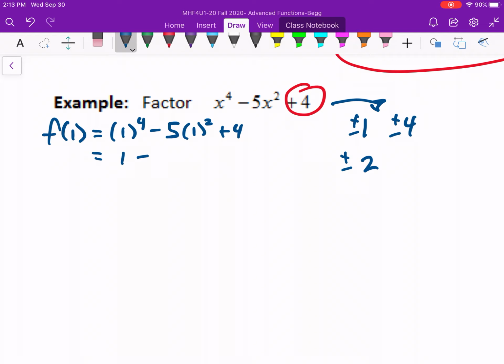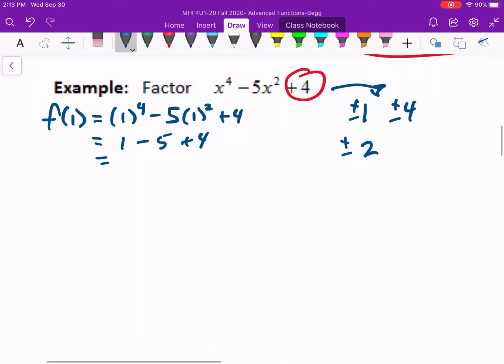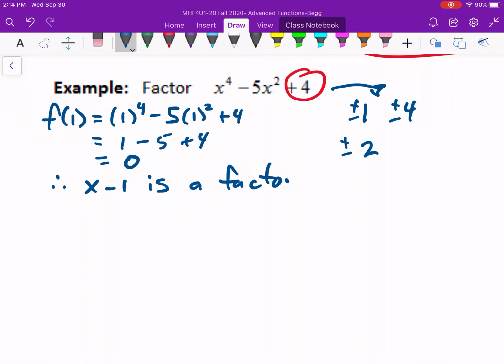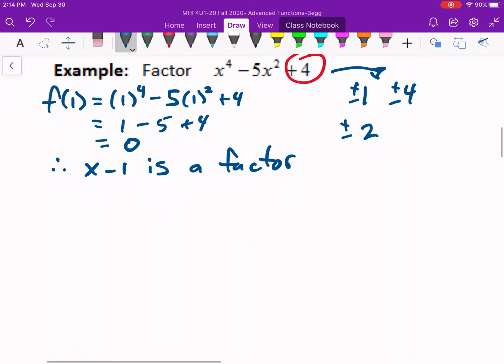I get 1 minus 5 plus 4. And I got lucky with the first one. Turns out that f at 1 equals 0. So x minus 1 is a factor. That means that I can use positive 1